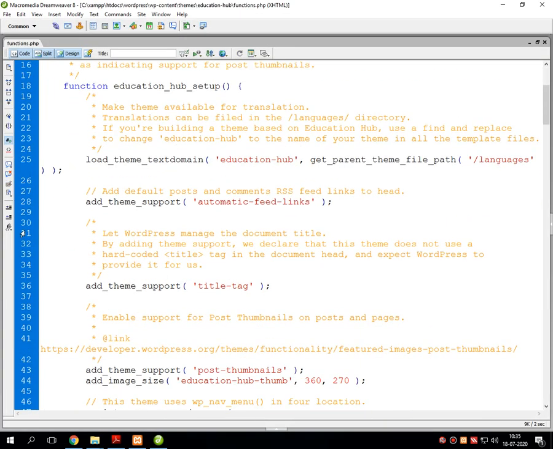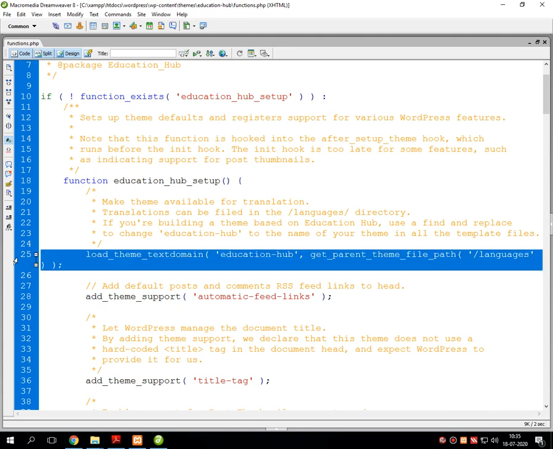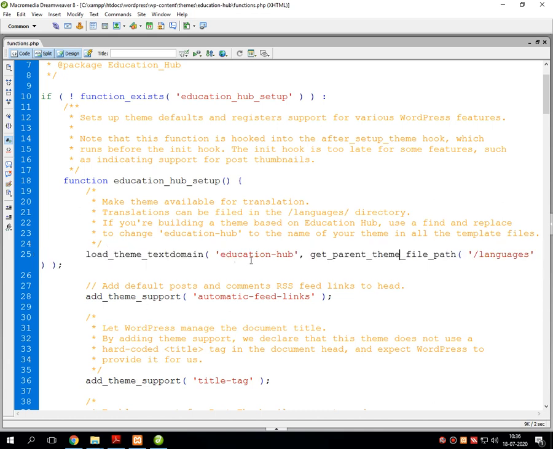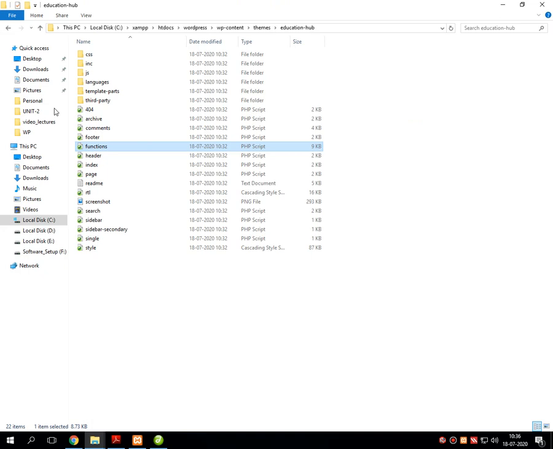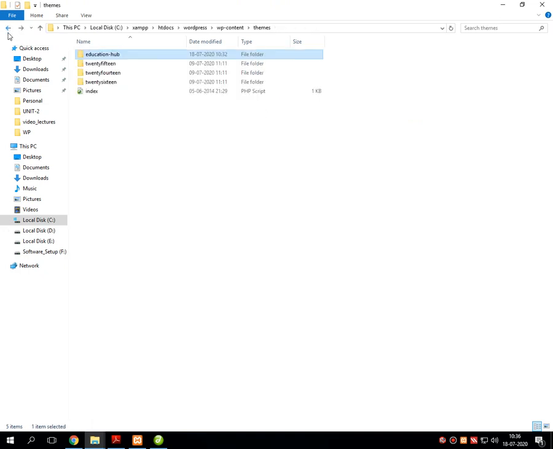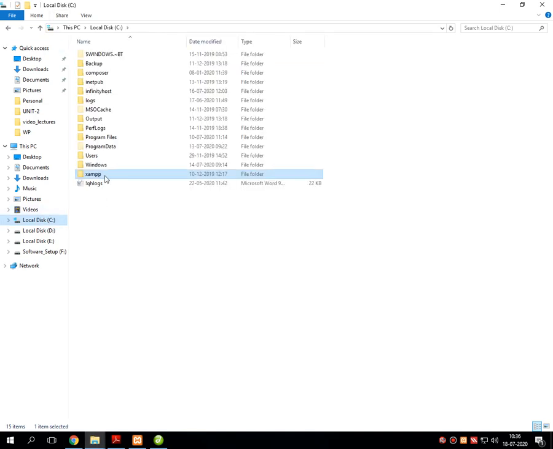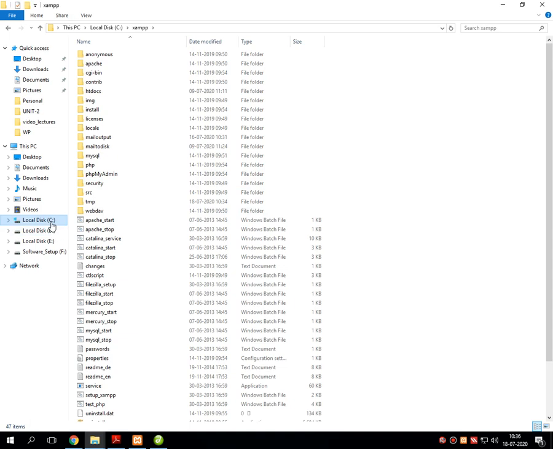Then on line number 25, load theme text domain education hub language. And the name, for example, right now suppose I am deleting it from C drive.